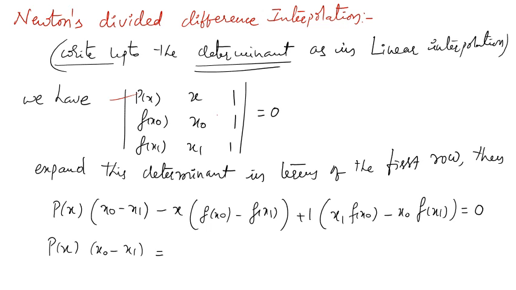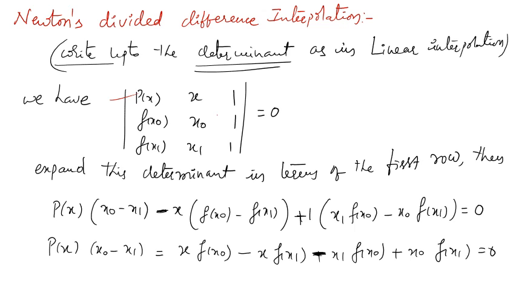x into this x minus x naught, you keep that one as it is. Okay, let me take these terms onto that side. x into f of x naught, this minus term becomes plus onto that side, and minus x into f of x1 plus x1 into f of x naught, okay, wait, this plus term goes to minus, so minus x1 into f of x naught, and this minus into minus plus x naught into f of x1 equal to 0. So this implies what I'm getting, p of x into x naught minus x1 equal to,